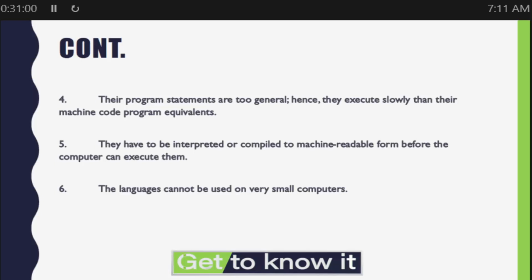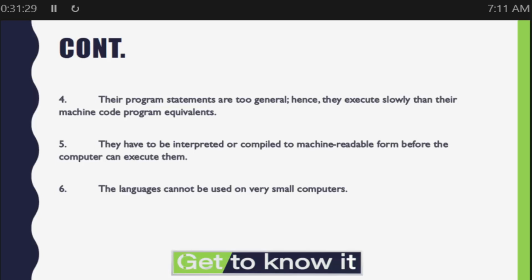They have to be interpreted or compiled to machine readable form before the computer can execute them. So unlike low-level languages, whose program statements are directly executed, high-level languages have to be interpreted first or compiled first before they are executed,